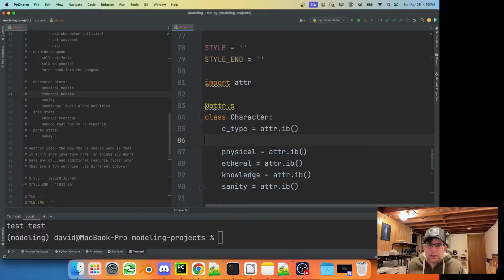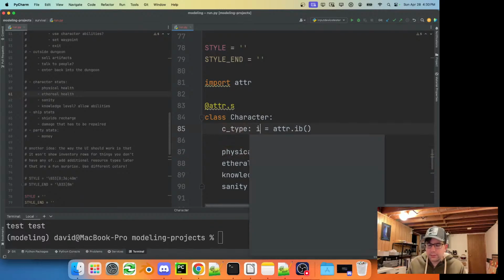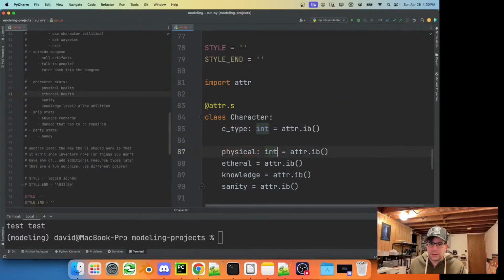That'll be easy enough to manage. And all of these things are going to be ints, just for simplicity.